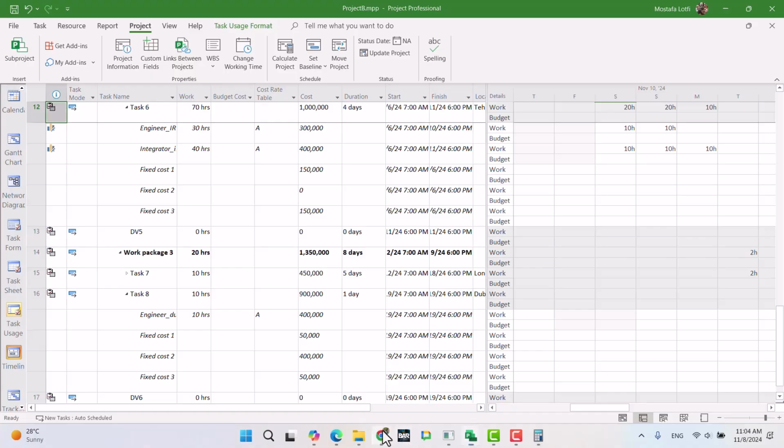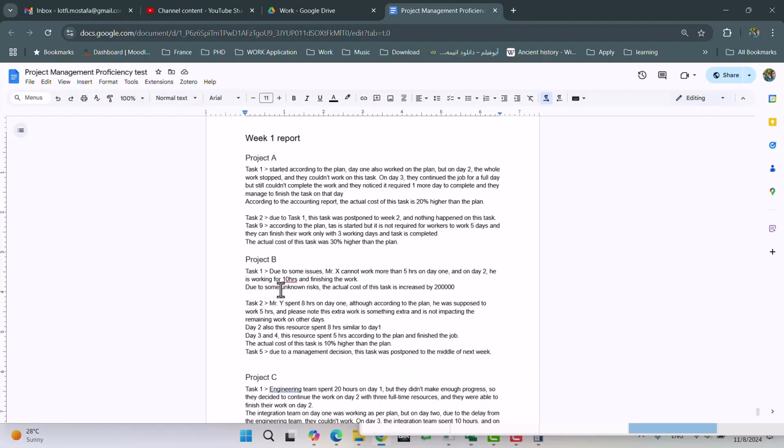Task usage and the report. Project B, Task 1. Due to some issues, Mr. X cannot work more than 5 hours on day 1, and on day 2 he is working for 10 hours and finished the work. Okay. Due to some unknown risk, the actual cost of this task is increased by